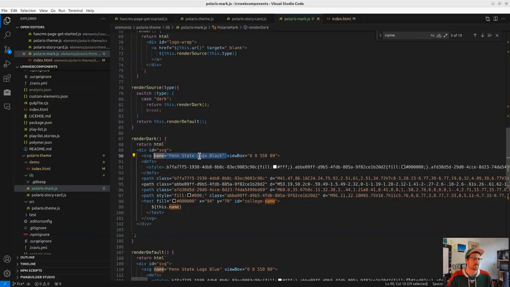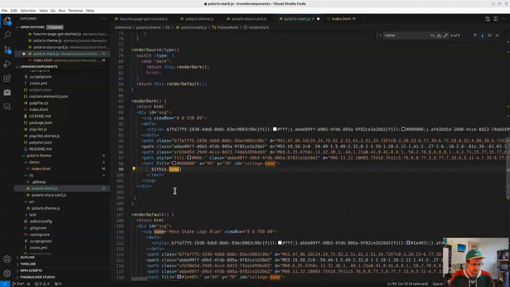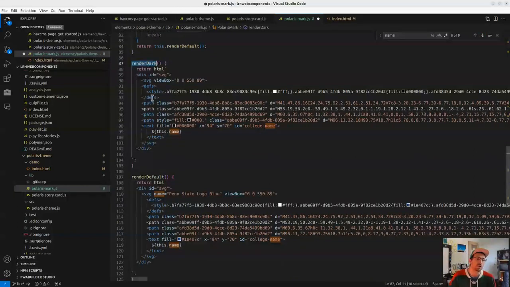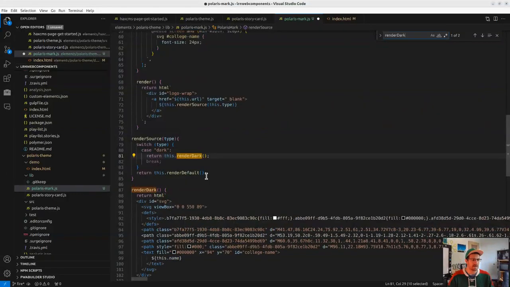I don't know that actually would do anything. We need name used in that way. College name. We see this dot name. All right, so we have render dark and we have render default. So let's see what the difference is. Oh, I see why they have that name on there. Okay, and this was originally made by Eberly College of Science. There we go. So while this only has two, now as I'm reading through, we can see we've got a